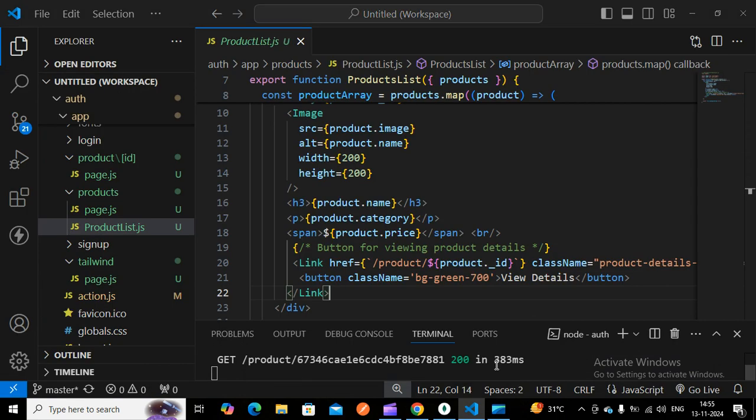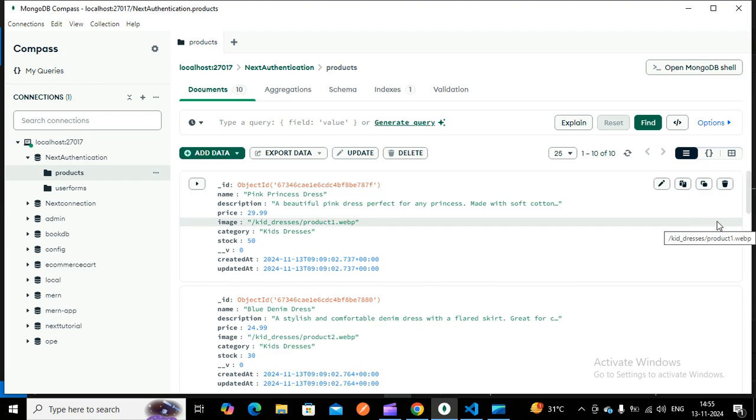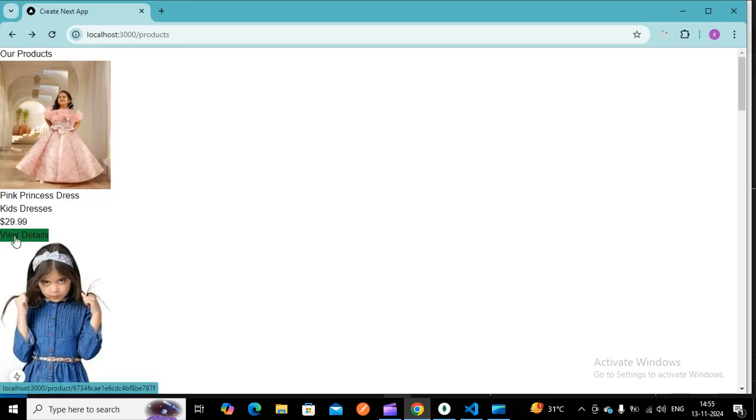In this tutorial, we're going to see how to fetch a single item from a MongoDB using a server action. In the previous tutorial, we had seen how to fetch all the items from the database. In this one, I have to fetch a single item. Suppose I go to the browser, once I click this, I want to go to that particular item's details. So for that, we have to write some code.